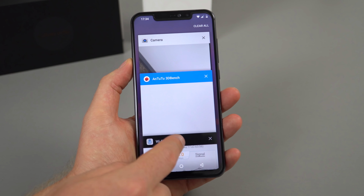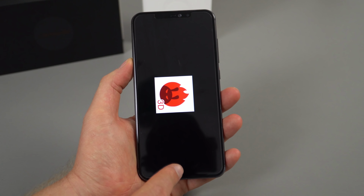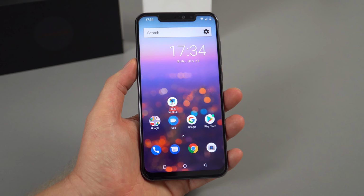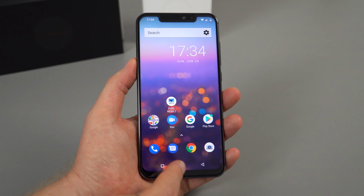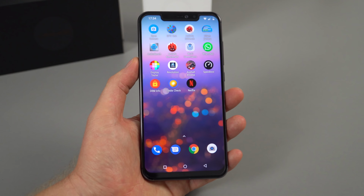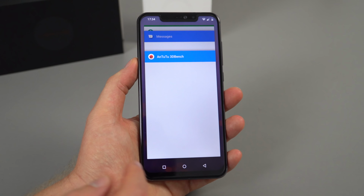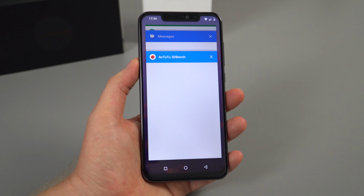Multitasking, going through, selecting your various different apps, that is all quite good. Of course, we've just got the on-screen navigation buttons. It doesn't have a gesture mode with it, but I have noticed that the performance of the ROM in general really is good. Apps install fast, moving around is really quick, and of course you can do split-screen mode